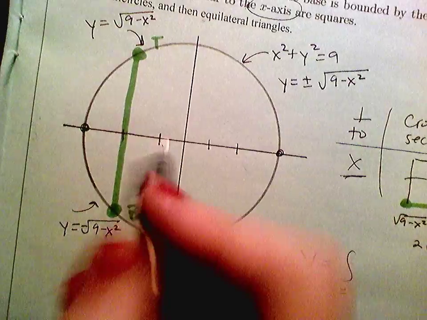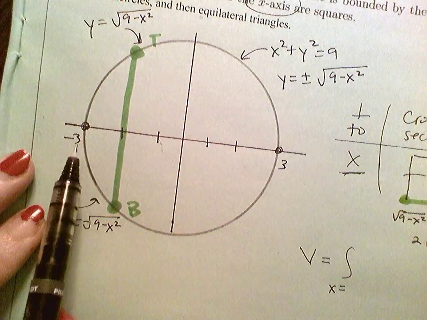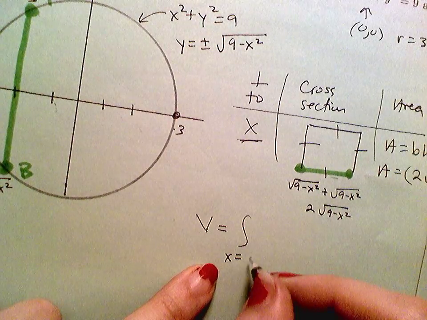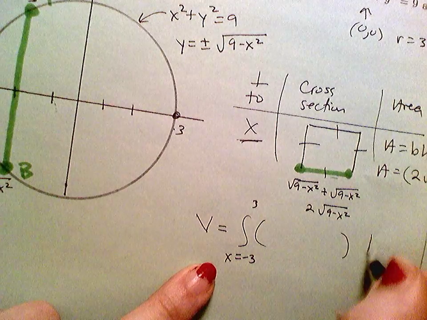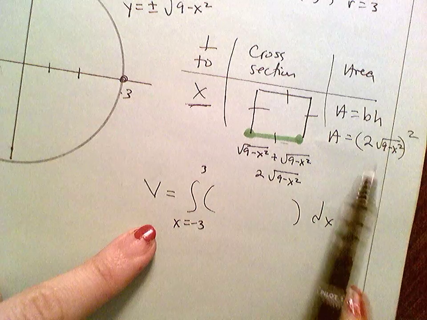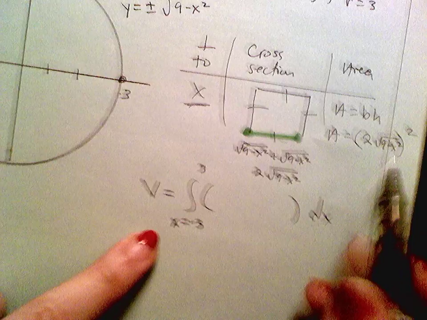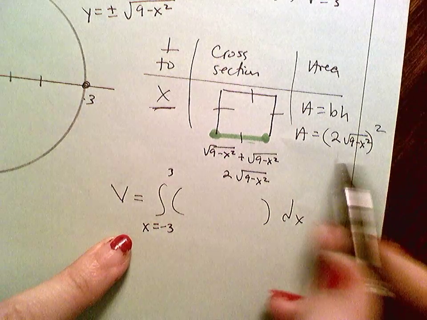Well, the radius of this circle was 3, so the lowest x is -3 and the highest x is 3. So the volume equals the integral from x equals -3 to 3 dx, and what goes inside is the area of the cross section. Each cross section has this area: